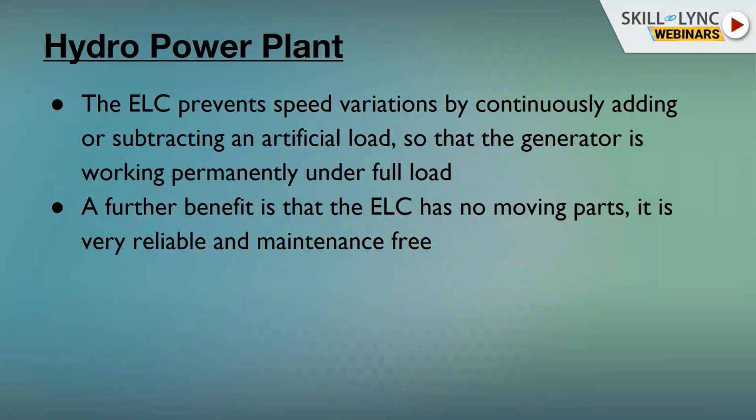So in what ways are they going to utilize it for that hydropower plant? It is going to control the speed variations, and they are going to maintain a full load permanently. You all know about the series generator, shunt generator, or compound generator. All those things you have studied already, I hope. The series generator must always run under the full load condition, because if it does not run in that condition, it will give problems to the motor or the generator. That's why here also they are running that generator under the full load.